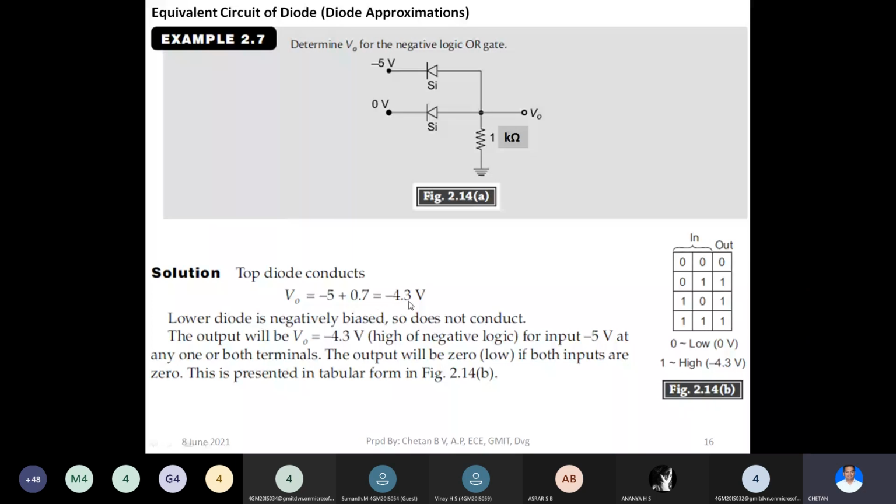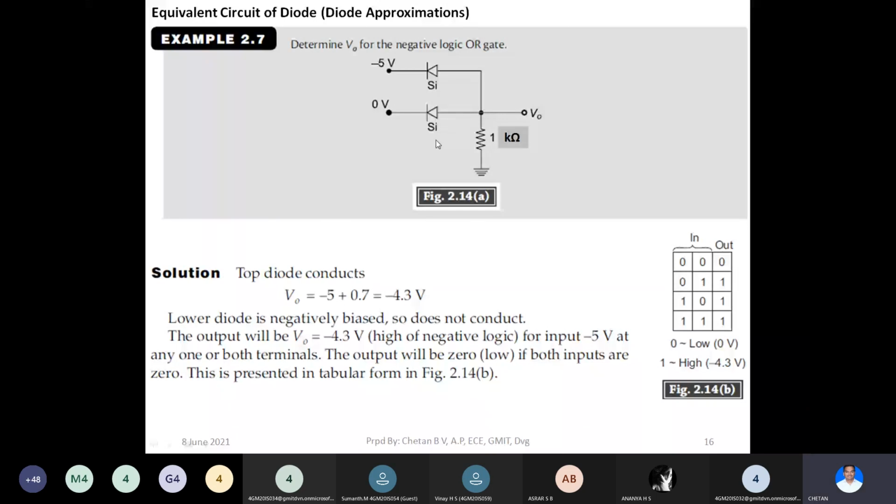So what we have here is 1 at one input and 0 at the second input. As it is a logical OR gate, the output of the OR gate would be 1 because one of the inputs is high. Hence, the output, which is equal to minus 4.3 volt, nearly equal to minus 5, should be taken as logic 1, right? Similarly, if you consider this one, here it is 0, right? Already this end is connected to 0, that is, the anode is connected to 0. As both ends of the silicon diode are connected to 0 volt, it will never be forward biased. It would obviously be reverse biased. Therefore, this is an open circuit, right?